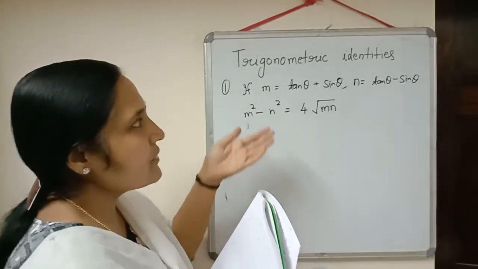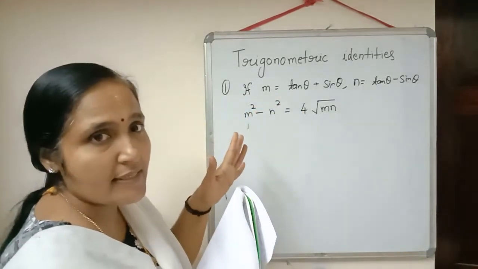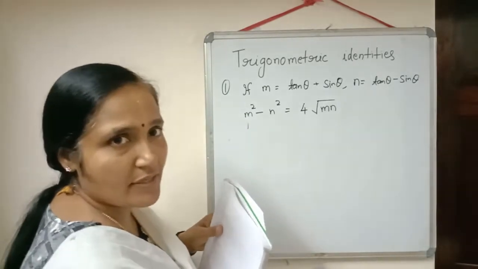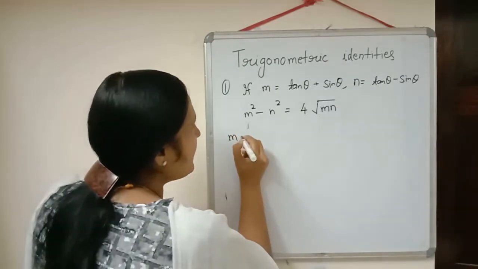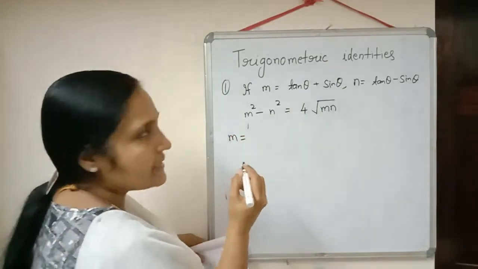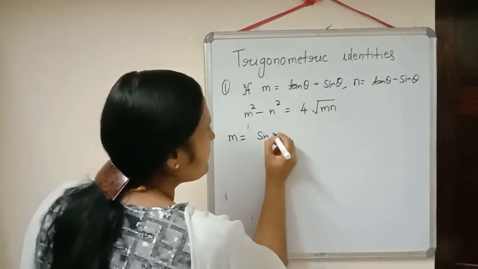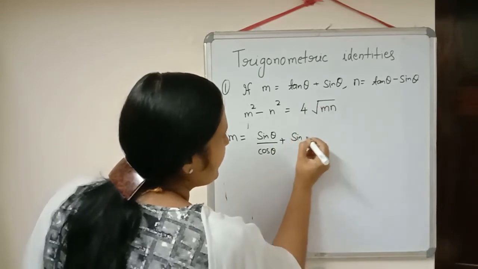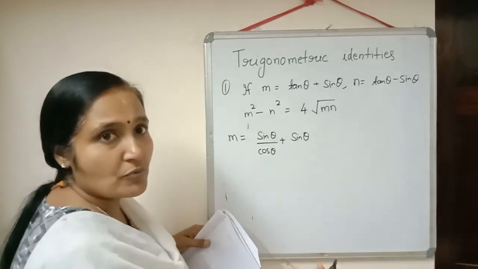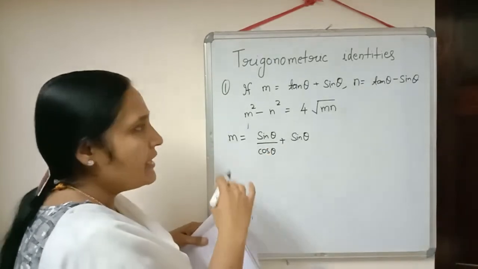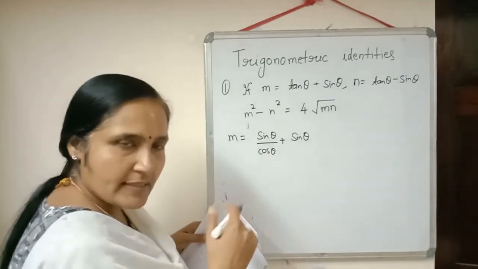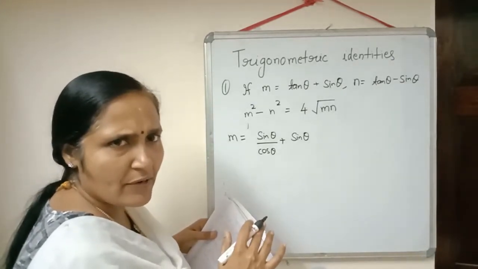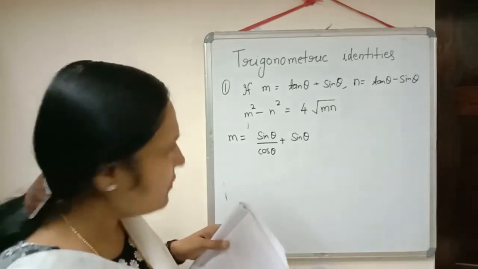Now if you want, you can change tan theta in terms of sin theta and cos theta. Then our calculation will be easy for us. So shall I change? Okay. So first one, what is given? M is equal to tan theta plus sin theta. How can we rewrite tan theta? Sin theta by cos theta plus sin theta. That depends on you. If you want, you can change. Otherwise, if you don't want to change, no problem. Simply we can also do this question without changing tan theta. So shall I show you in that way? Okay. So don't change this one.